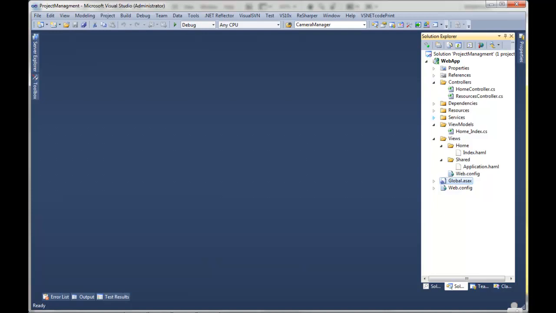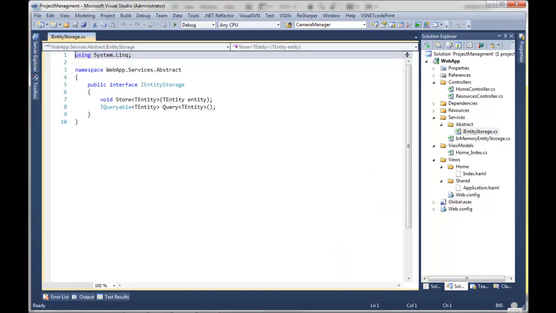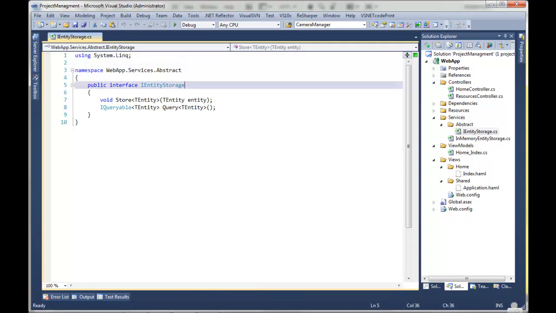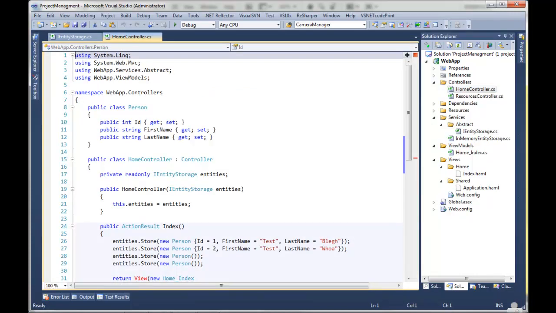Okay, so essentially in our service layer right here, we have an abstract entity storage interface. And he does two things. He stores entities and he queries on entities. That's the extent of the interface that we've defined. That's the contract of this object. Throughout our application, we're going to be storing and saving entities all the time, so we're going to need this guy in our classes. For example, in the controller right here,